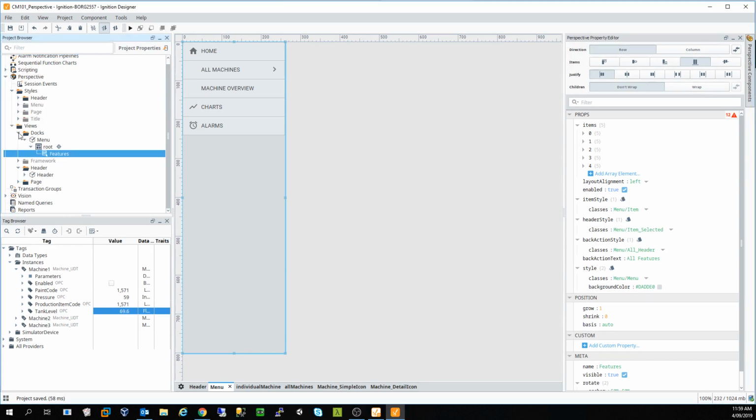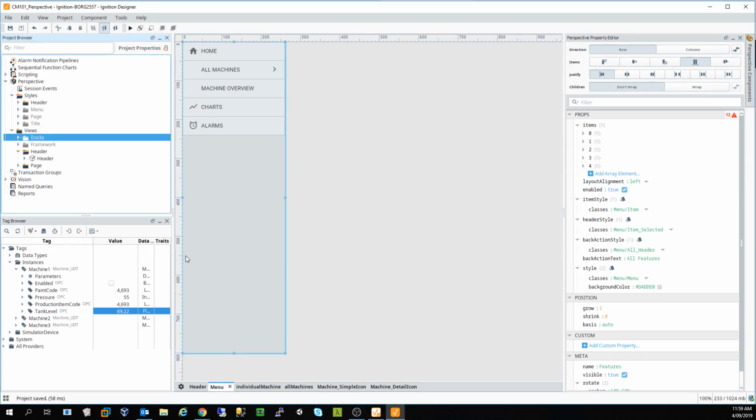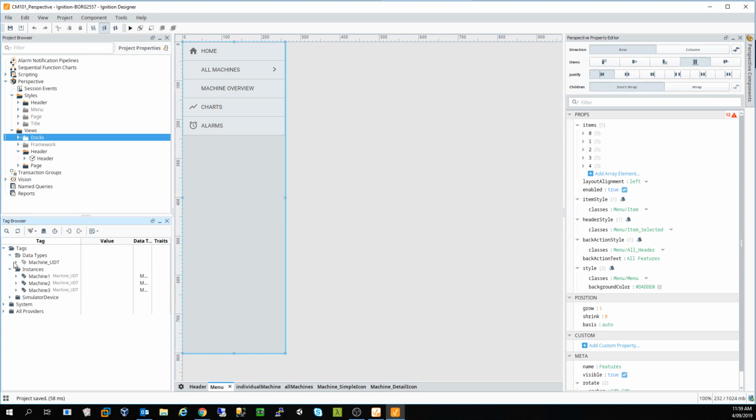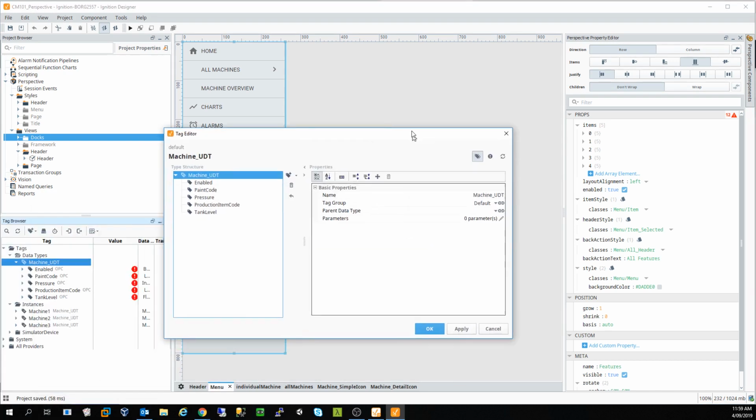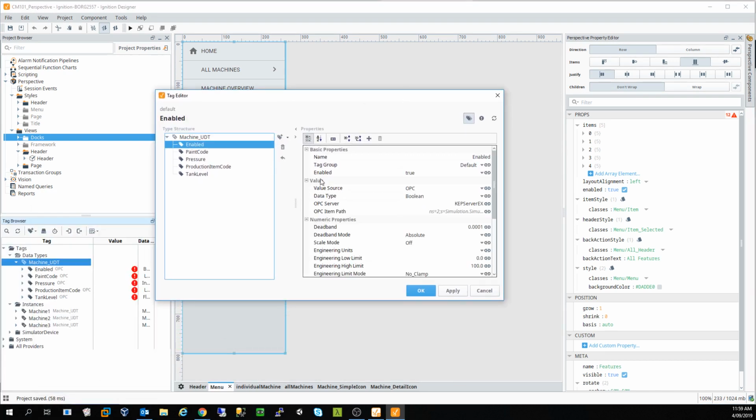So alarms are based on tag properties. So tag configuration is where alarms are effectively configured. We don't have to configure separate tags for alarming or move tags from, or copy and paste tags from our IO configuration into a subset that are alarmed. We can actually configure the tags. In our case, because we created a UDT, we can actually edit the UDT directly, and doing so will allow us to do things like have